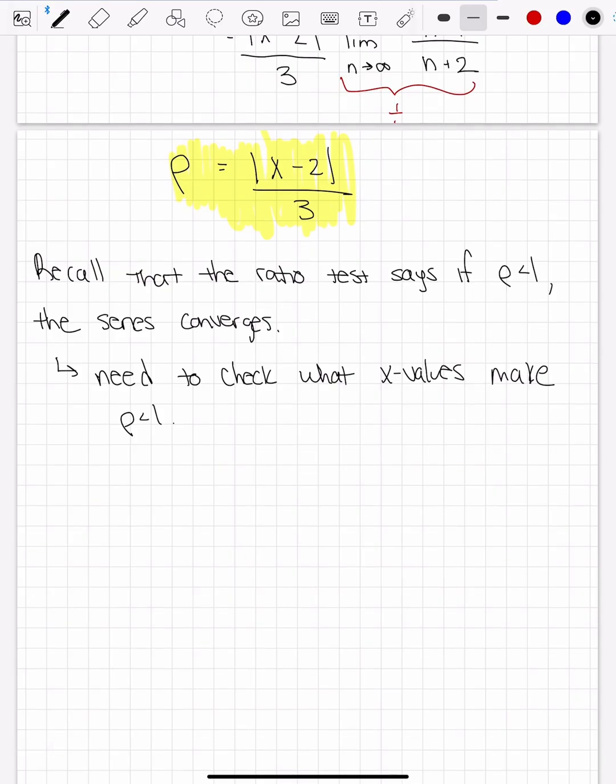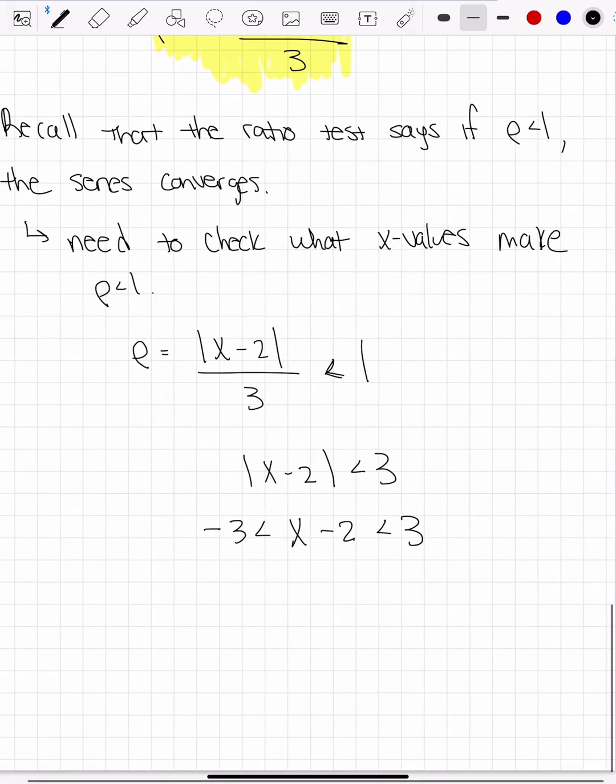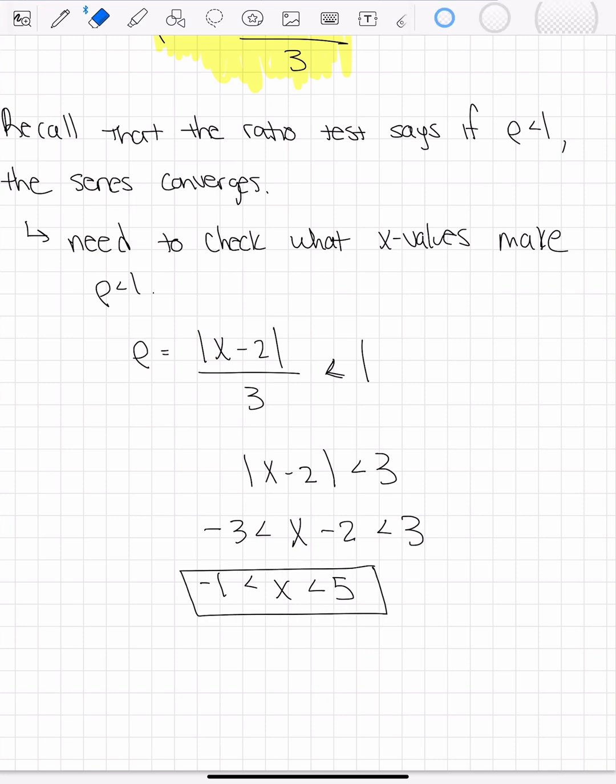So our rho, which is the absolute value of x minus 2 all over 3, we want that to be less than 1. So let's solve this inequality. I'm going to multiply both sides by 3. And then remember, if you want to take off the absolute value signs of this inequality, you need to make a sandwich. Now I can add 2 to all sides. So remember, whatever you do to one side, you've got to do to the other side. So this right here is where